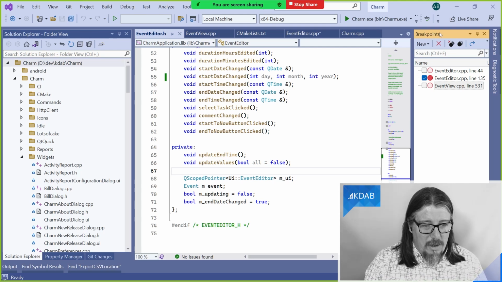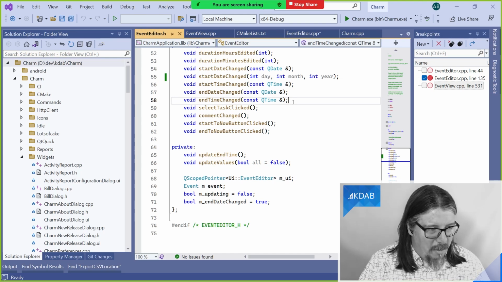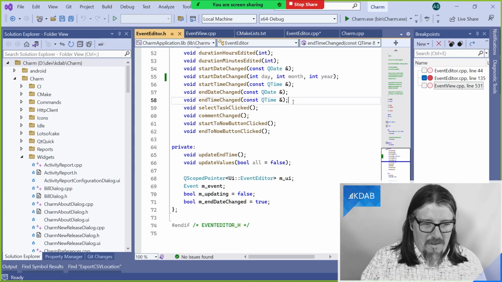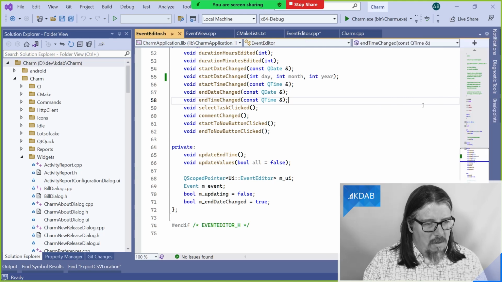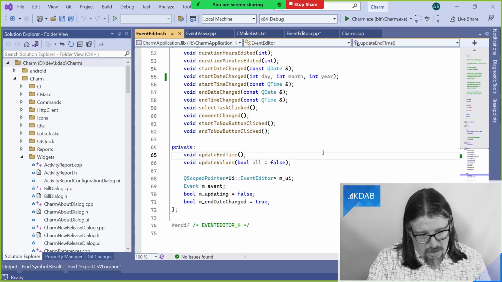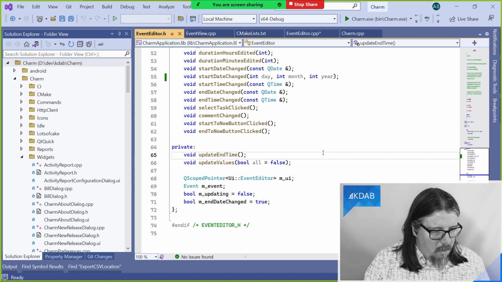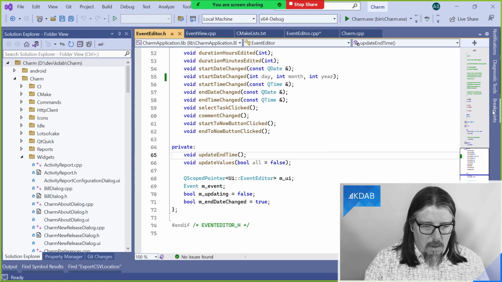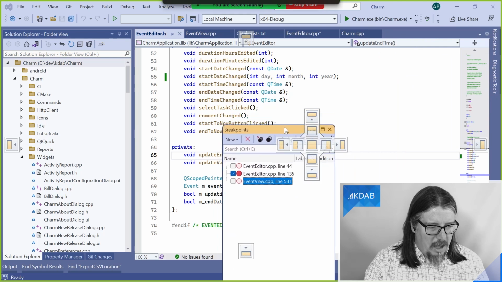Yeah. So as well as that, it has this notion of pinning. So in situations like I am today, showing off my video on a much more cramped screen than I'm used to, if you unpin this breakpoints window, then it will sit down the side until you click on it to have a look, and then when you return to your editing, it pops back out of the way again. So I will just return that.